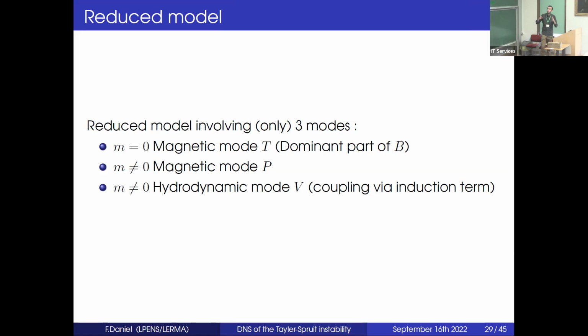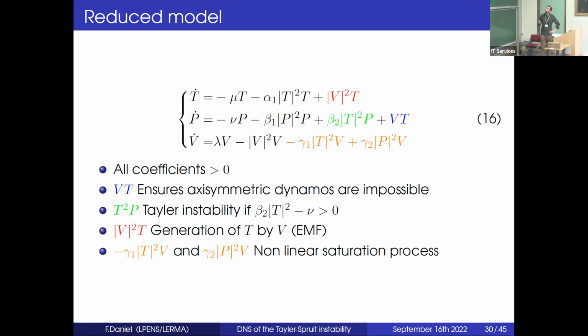And if you look at the symmetries in the system, the model that we propose is the following: you've got these 3 coupled equations with these 3 modes. The first, in black, has the minimum ingredients for subcriticality, but what's interesting are the terms in color here. I'm going to go through them quite rapidly. At first, all the coefficients are positive because this is one point to make sure that we've got no